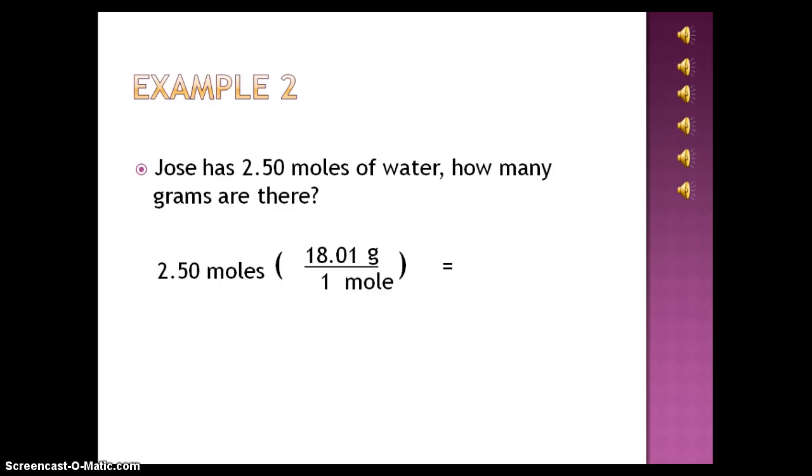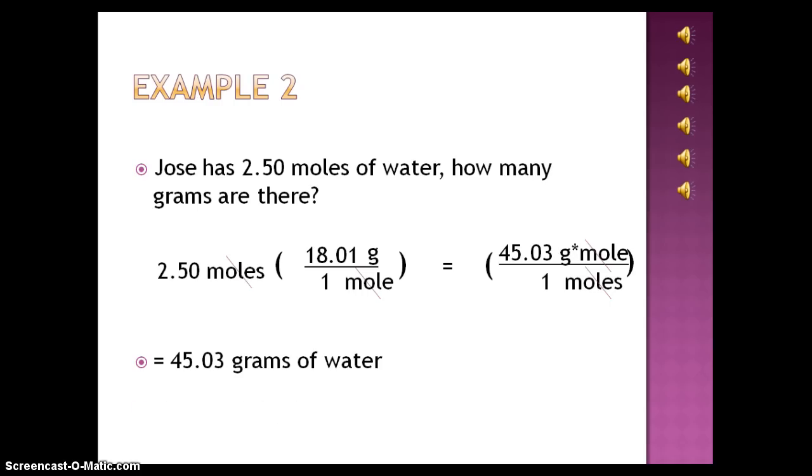And multiplying across, we get 18.01 grams times 2.5 moles over 1 mole. Now canceling our units, then dividing, we get that 2.5 moles of water equals 45.03 grams of